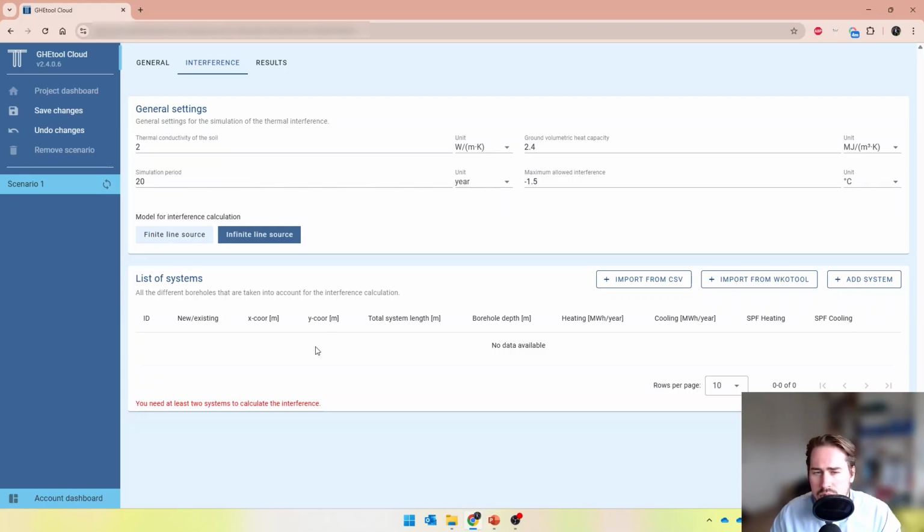the X and the Y coordinates, your total system length and your borehole depth. Now this relates to what I said before. When you have one borehole, of course your borehole depth and your total system length will be the same. But if you have two boreholes of 100 meter, you have to say, well, your total system length is 200 meter, your borehole depth, it is 100. And based on that, it will know that there are two boreholes and your equivalent one will be centered at